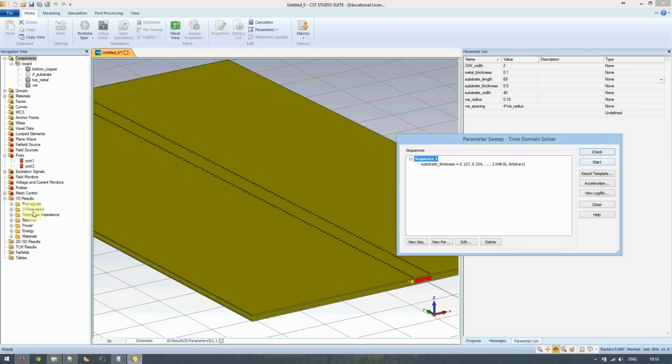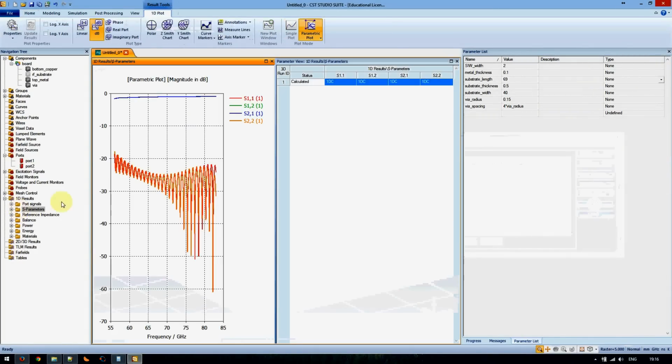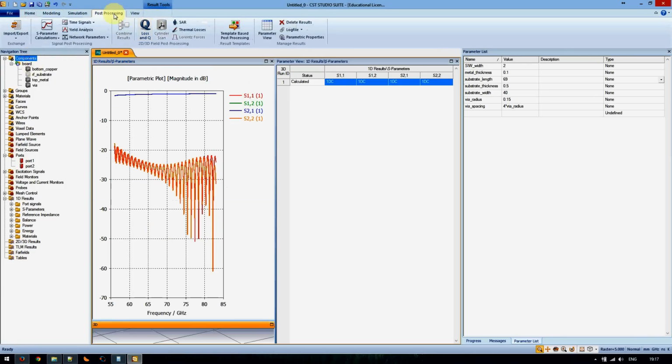Now, what I do suggest that you do is that your S parameters will look like this. You'll have a list of them here and they will all be plotted together. Particularly when your numbers become large, it can be difficult to work with. Now, here in the post-processing tab,